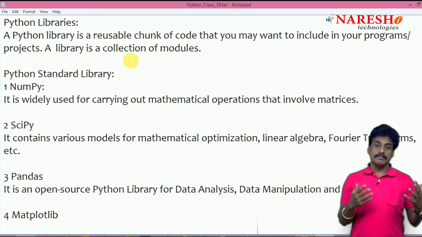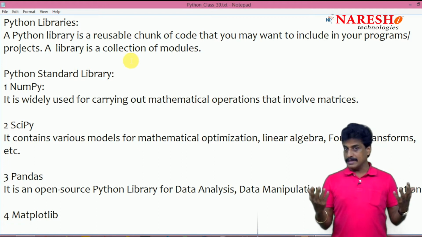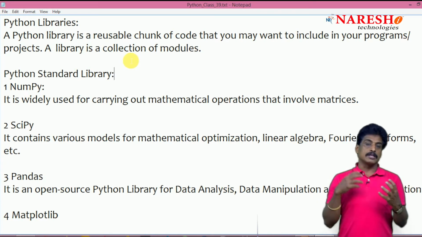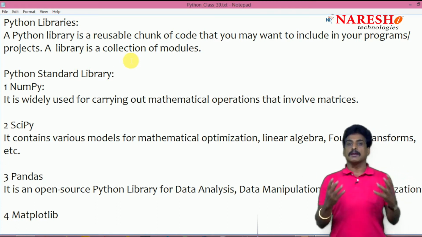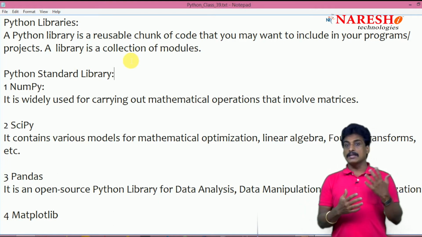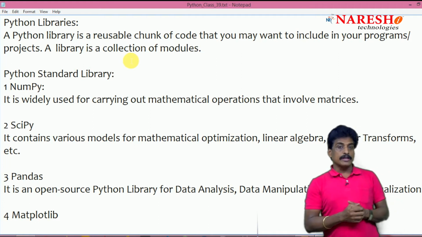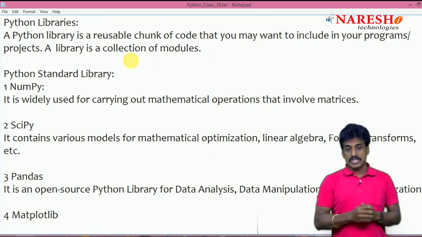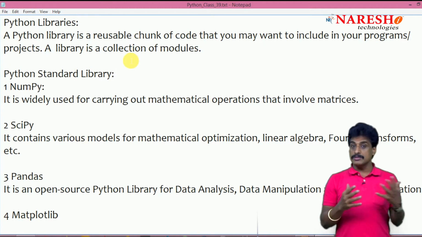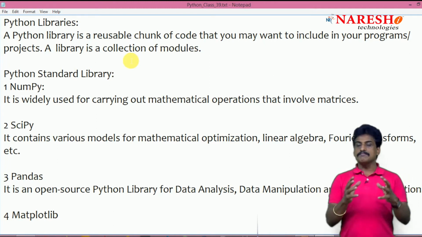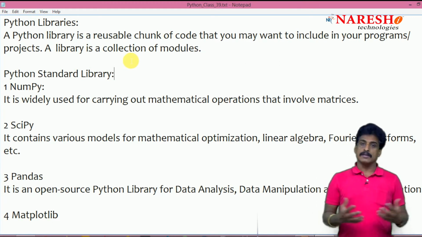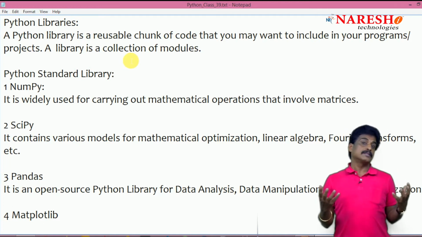As per our business requirements, a module we implement to satisfy the client's business. In the same way, to satisfy a number of clients, third-party companies develop modules, which are nothing but libraries. A library is nothing but reusable code. In Python, a big list of libraries exists. As I already wrote here, a Python library is a reusable chunk of code that you may want to include in your programs. That is a simplified definition. And I said here a library is a collection of modules, maybe. So a library contains a number of Python programs.